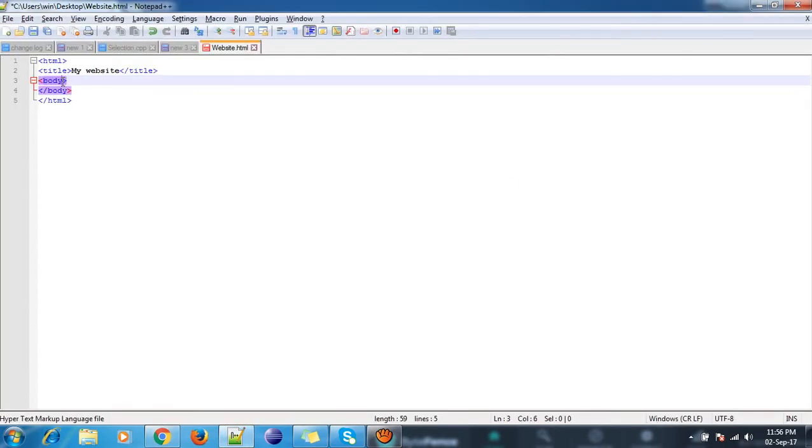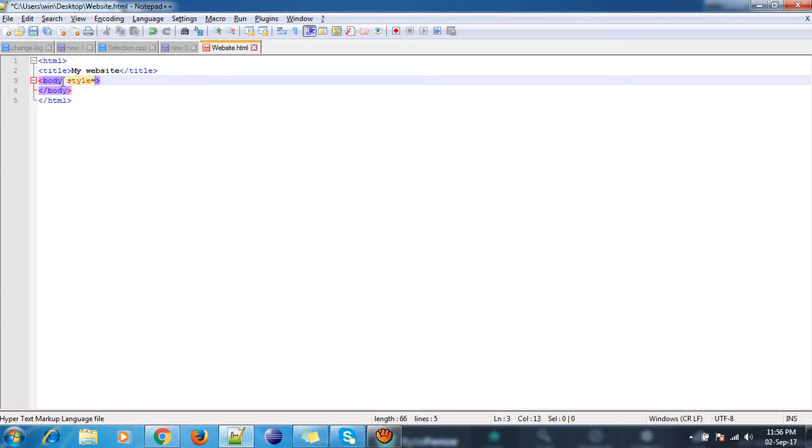So let me put style. I'll use inline CSS. I'm going to do a separate tutorial on CSS, on how to use coloring and all. CSS is very important, because without using CSS we cannot see the color on the website. So I'm going to do a separate tutorial for CSS and a separate tutorial for HTML. So now let's see how to make a website.